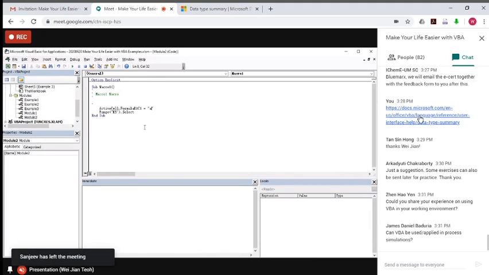Okay, John Howe asks, could you share your experience on using VBA in your working environment? I'm not sure how much of it is supposed to be classified, but I think I went through just now about the examples that I said during how to use VBA in chemical engineering, and I use almost all of them. I use VBA for heat capacity, enthalpy, mass balance, enthalpy balance, equation of state solving, density calculations,